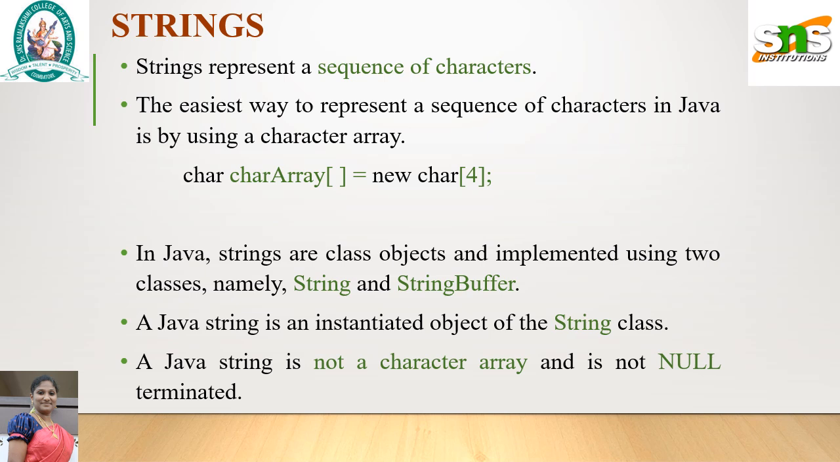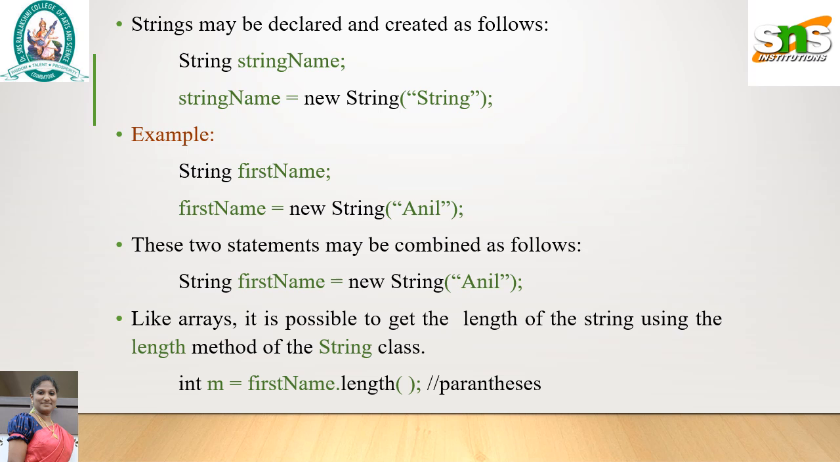In Java, strings are classes and objects, implemented using two class names, String and StringBuffer. A string is not a character array and it is not null terminated. A string may be declared and created as follows, like how we create an object of other types of classes: String class name followed by an object name equal to a new String constructor enclosed with the value of that string object. Example: String firstName = new String("Anil");